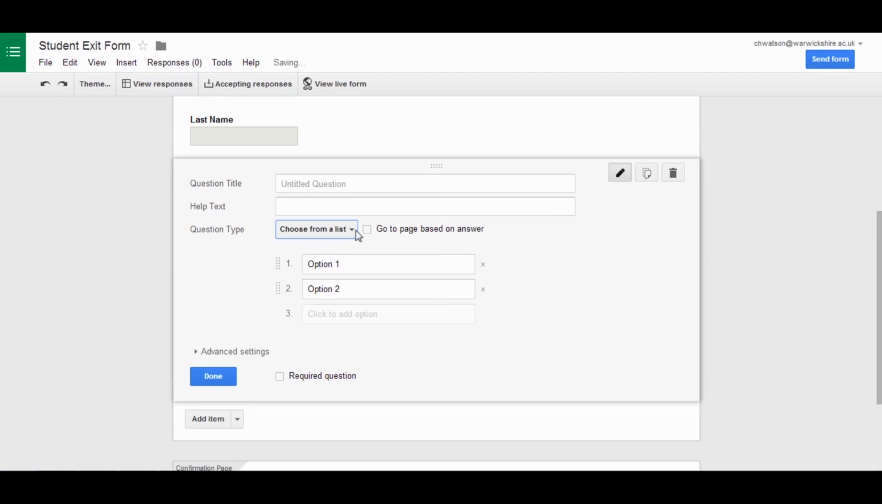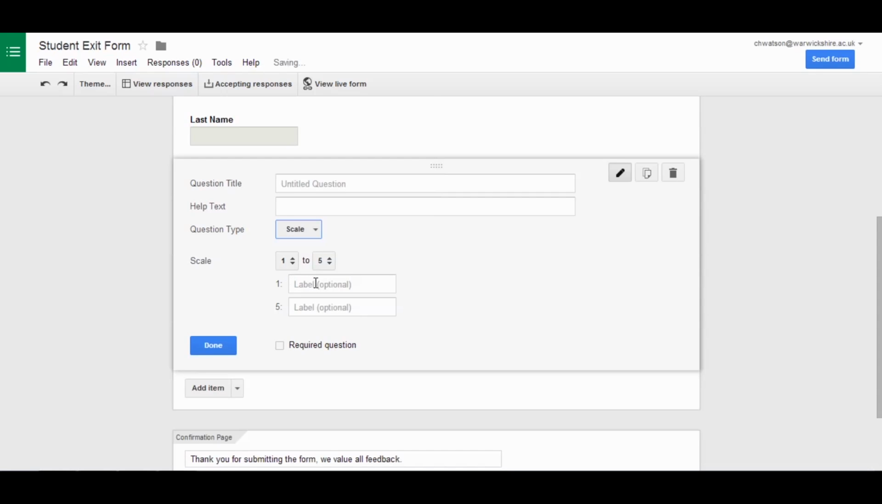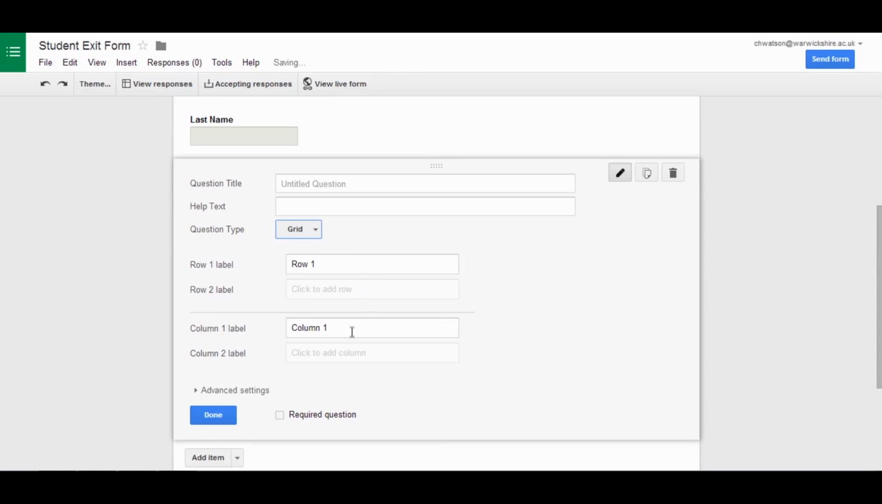You could have a list option, which means it has a drop down, so option 1, option 2 would look like this kind of drop down button. We have a scale between 1 to 5, so if you've got a value from best to worst, how good do you think your time here was, for example, on a scale of 1 to 5 or 1 to 10. You've then got a grid you can also create,